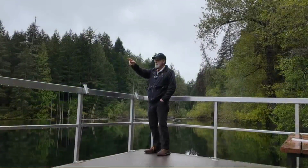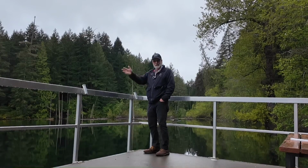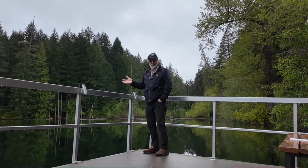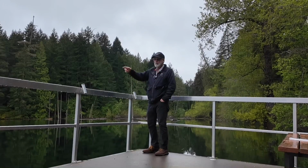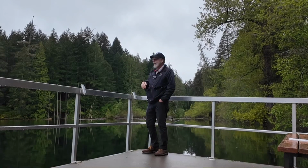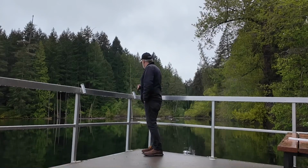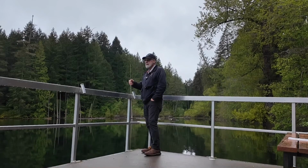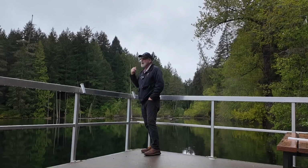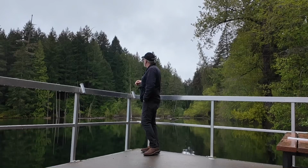Oh, just saw a fish jump. This is such a nice lake just to walk around. It's a lot easier than walking around Elk Beaver Lake, and a lot easier than Matheson Lake, or even Craig Flower Trail. There's a little steep spot over there, but it's nothing you can't handle. If you can get out and hike a little bit, you have no problem doing this one. Matheson Lake, you can do one way, but I wouldn't go all the way around because it gets really steep in some spots. But if you just want a nice, easy walk on a beautiful lake on a morning like today, well, there's